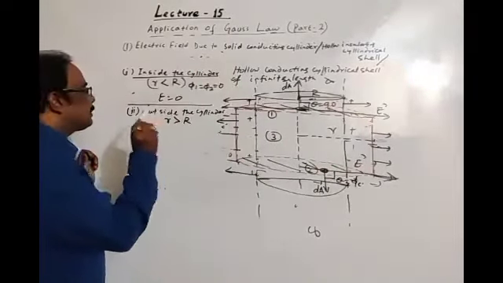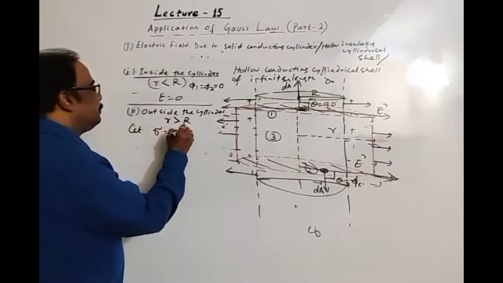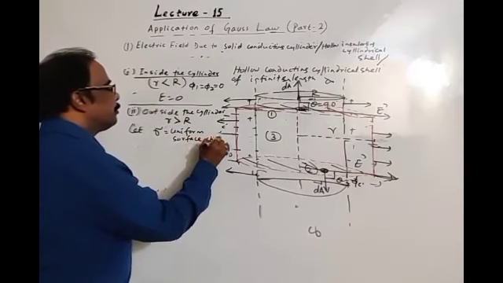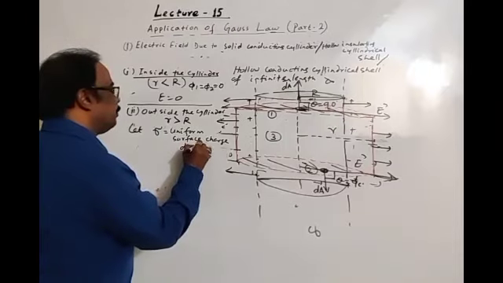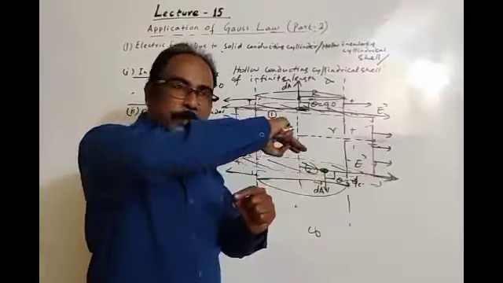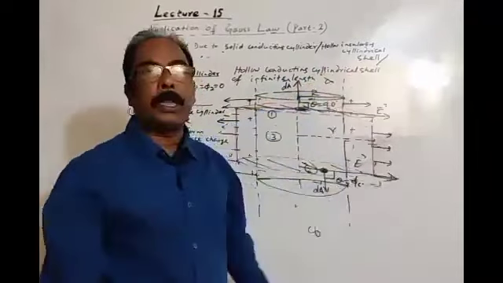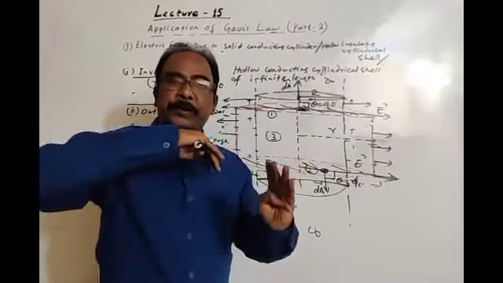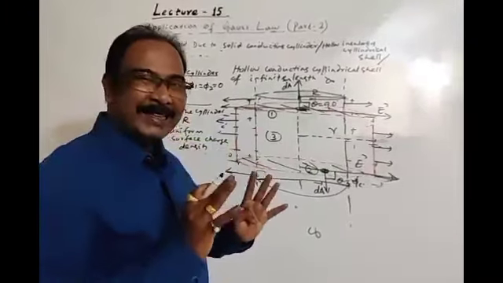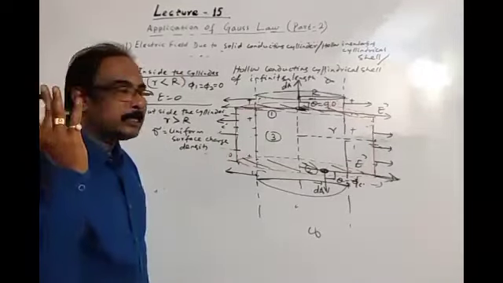Here, first, let sigma be the uniform surface charge density. See students, for a solid conducting cylinder, charge will be distributed on the surface. For a hollow insulating cylindrical shell or hollow conducting cylindrical shell, charge will be distributed on the surface of the cylinder of radius capital R. So sigma is the uniform surface charge density, meaning charge per unit surface area.